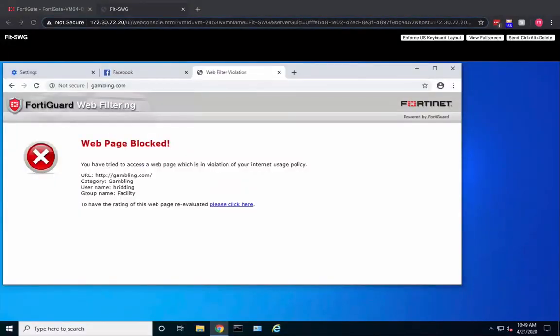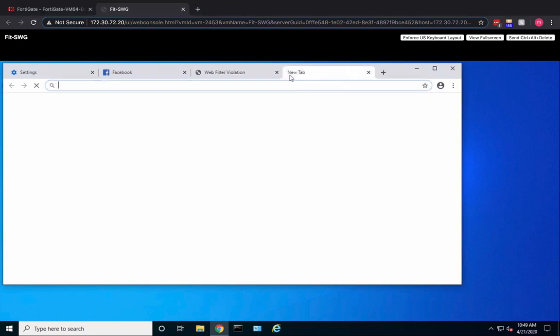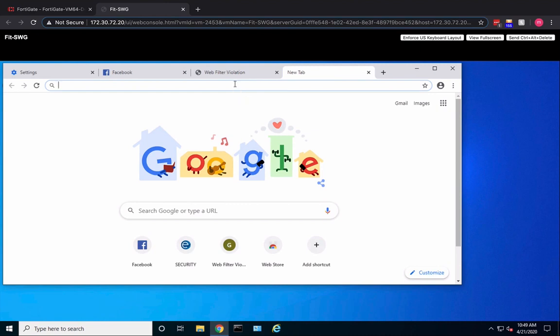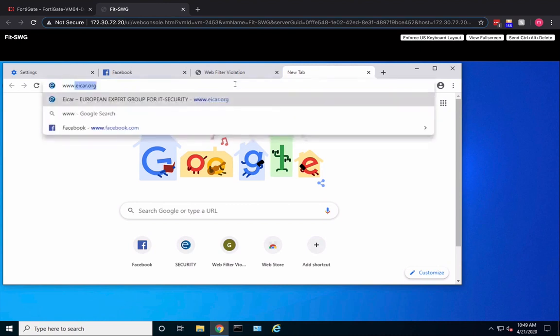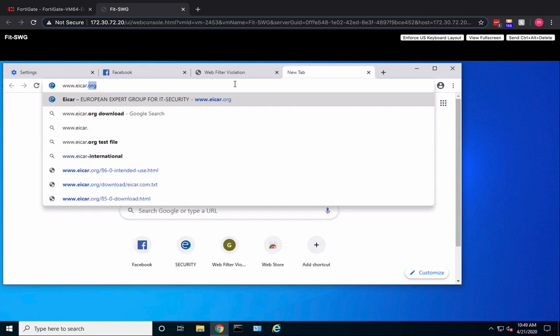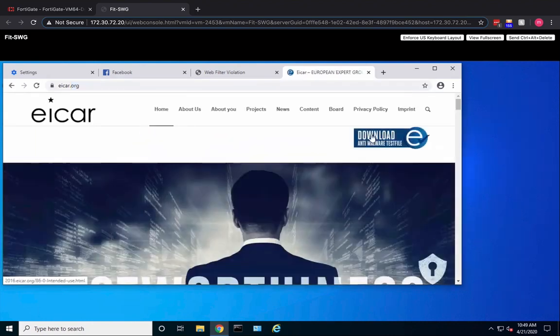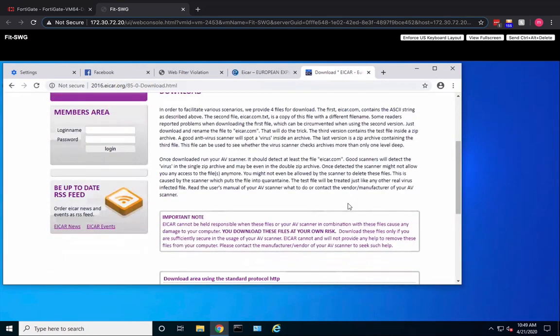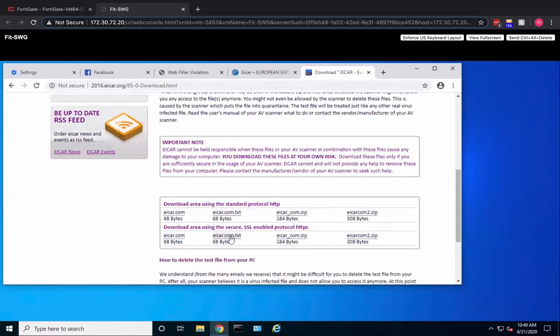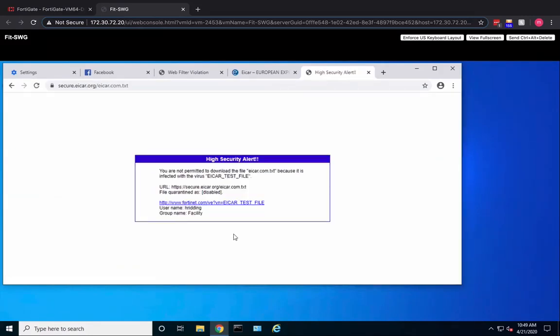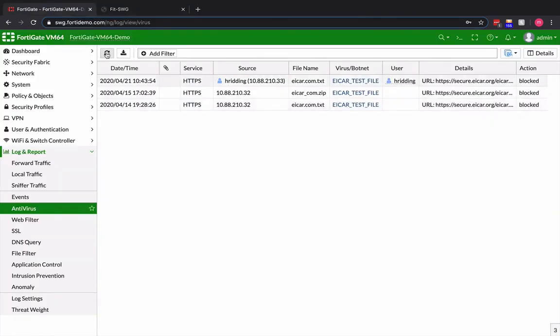So let's take a look at the antivirus profile to test that out. So if we go back to the client, go to eicar.org. Let's try to download one of the EICAR test files. So as you can see, the EICAR file is blocked by the antivirus software. And let's go back to the FortiGate and see the logs as right here showing you that the EICAR test